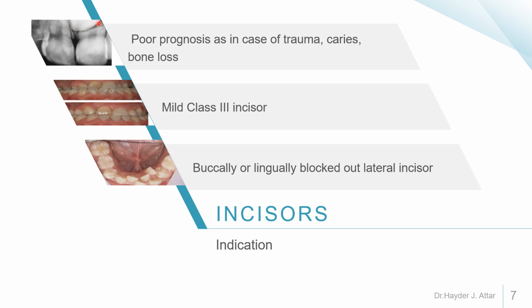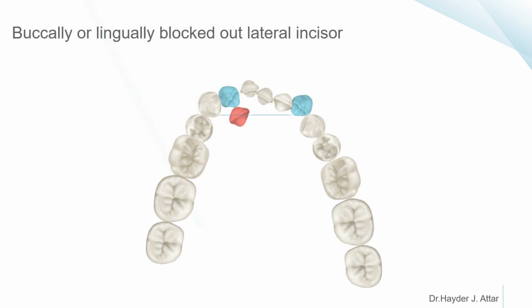Another indication for extraction of an incisor is the correction of mild class 3 cases, as in this case, there is a mild class 3 with mild crowding in the mandibular arch, corrected by extraction of one of the incisors. When the incisors are buccally or lingually blocked out, we can extract one of the incisors to relieve the crowding. Here you have the lateral incisor, which is lingually out of arch, and the extraction of this lateral incisor